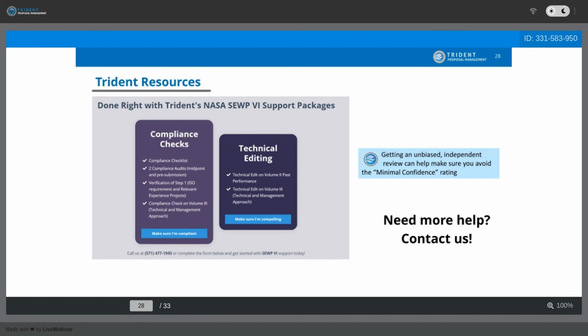support. So if you know that you're going to need a little bit of help preparing this bid, we're here for you. We have a compliance check package where we're going to look at your whole proposal twice. We're going to do a midpoint check. We're going to do a pre-upload check. We're going to make sure that you get some constructive comments back on any gaps, any areas of concern, and just make sure that you've dotted all of your I's, crossed all your T's, and that you're actually ready to submit with confidence before you send your proposal out to be evaluated over the next however many months it's going